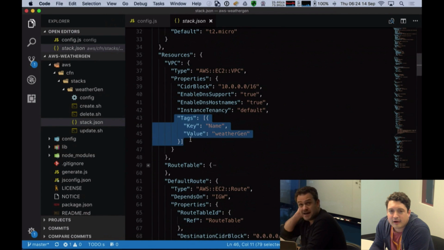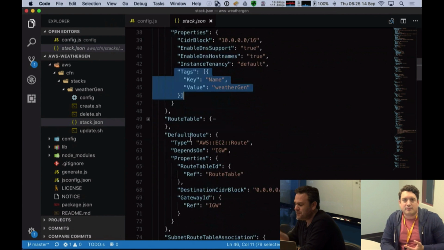We also give it tags, and tags are really cool because it enables us to group resources, to search for resources, and even to go through our billing, for example, from AWS and have a look at what resources have consumed what component of our cost. And we define things in the...